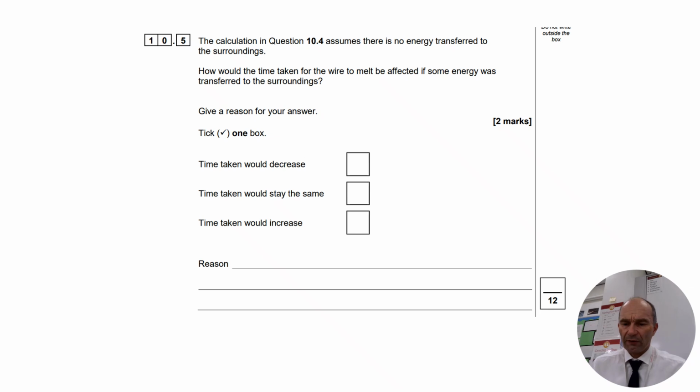All right, and then the final question. So 10.5, the calculation in the previous question assumes there was no energy transferred to the surroundings. How would the time taken for the wire to melt be affected if some energy was transferred to the surroundings? We also have to give the reason for the answer. So if we are losing energy, not all that energy is going into melting the wire. So the time taken would increase. And the reason is more energy